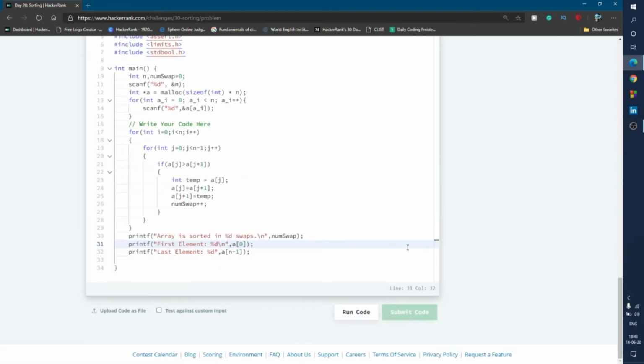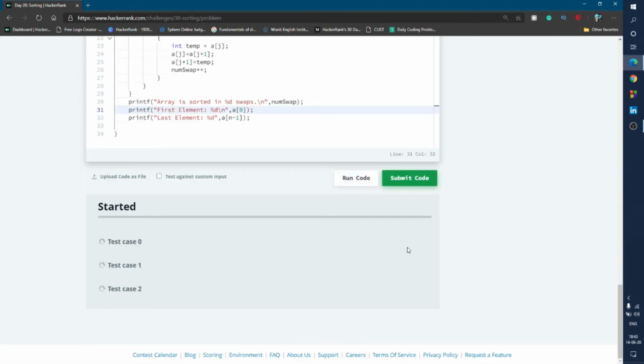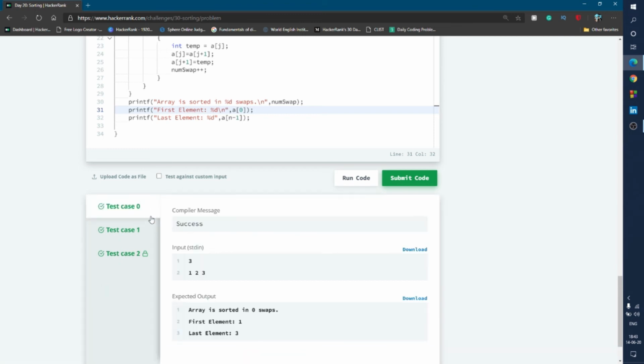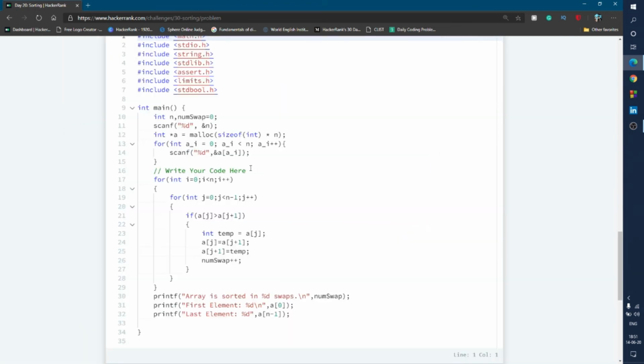So I simply click submit code to check some additional test cases, and test cases 0, 1 and 2 are passed. For the C++ language, the code is more or less the same.